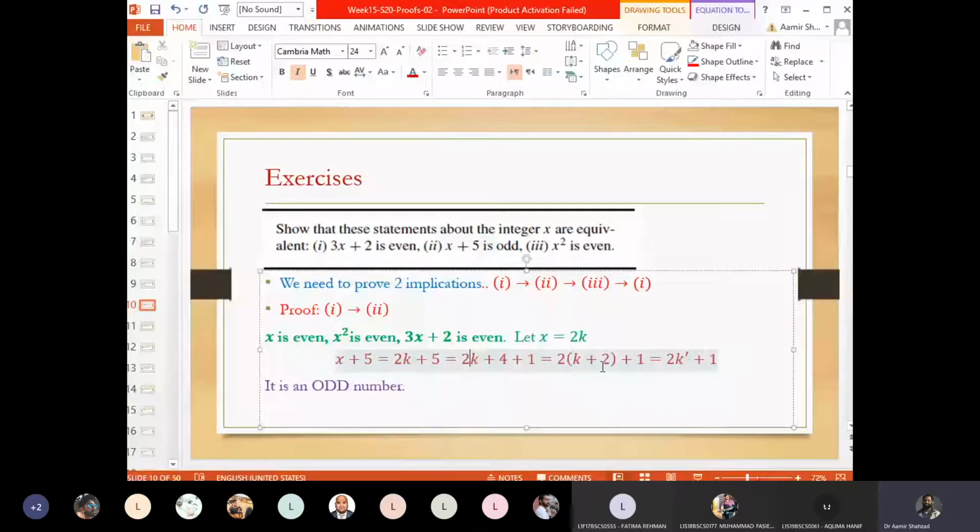K plus 2 का k prime लिख लें. So 2 times k prime plus 1. So this is the form of an odd number. Multiple of 2 plus 1. So this is an odd number. X plus 5 is an odd number. So we have shown 1 implies 2